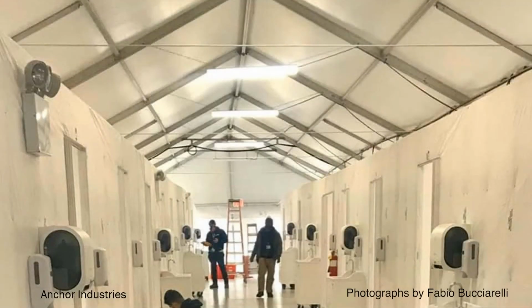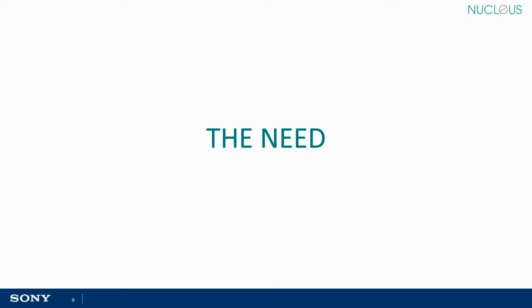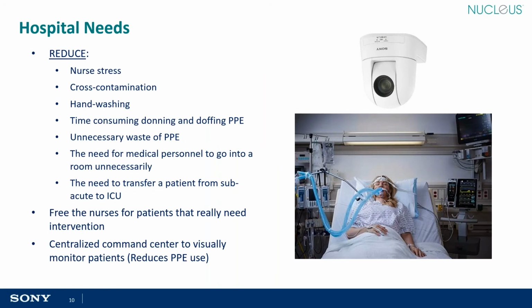Although it has been good for companies such as Anchor Solutions, Anchor Industries, they are in the rental market for renting exactly this, kind of a mesh tent, where they are set up as individual overflow areas for this pandemic. So at Sony, we wanted to talk to customers, and we talk to hospitals, clinicians, IT people, facility people,